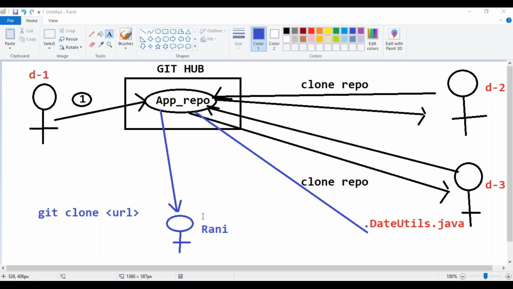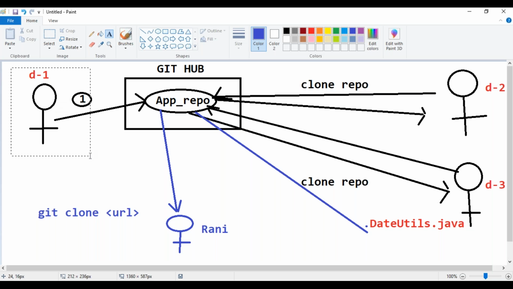As she is new to the team, she informed the team lead, "Hey Ashok, I have done my changes. I pushed my changes to the central repository. Could you please verify?" She said, "Ashok, as you told, I added documentation comments for the DataUtils class and pushed my changes to the central repository. Please verify and let me know if anything needs to be changed, whether my comments are correct or not."